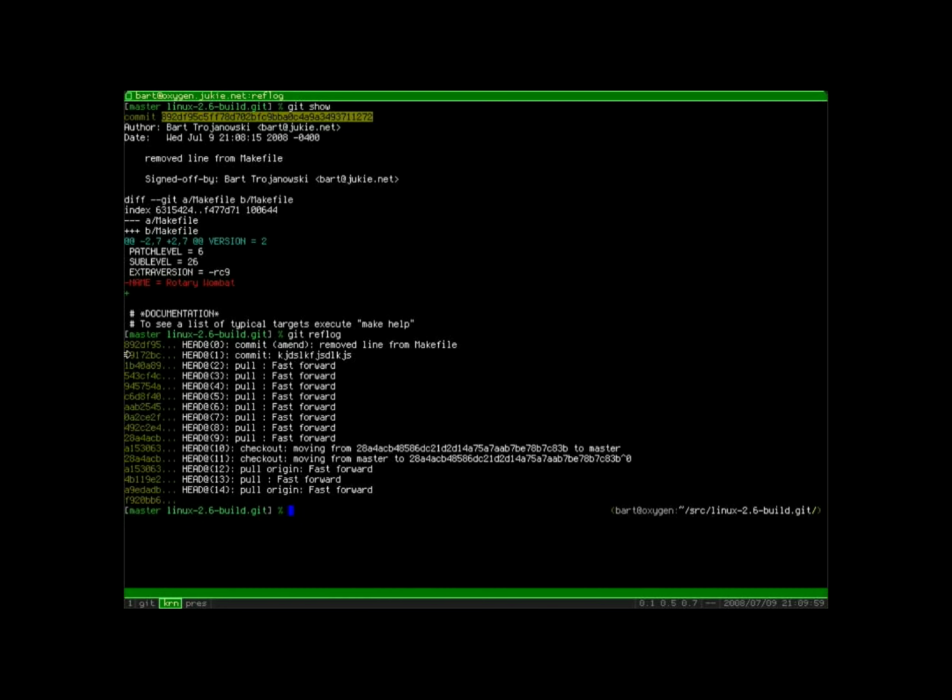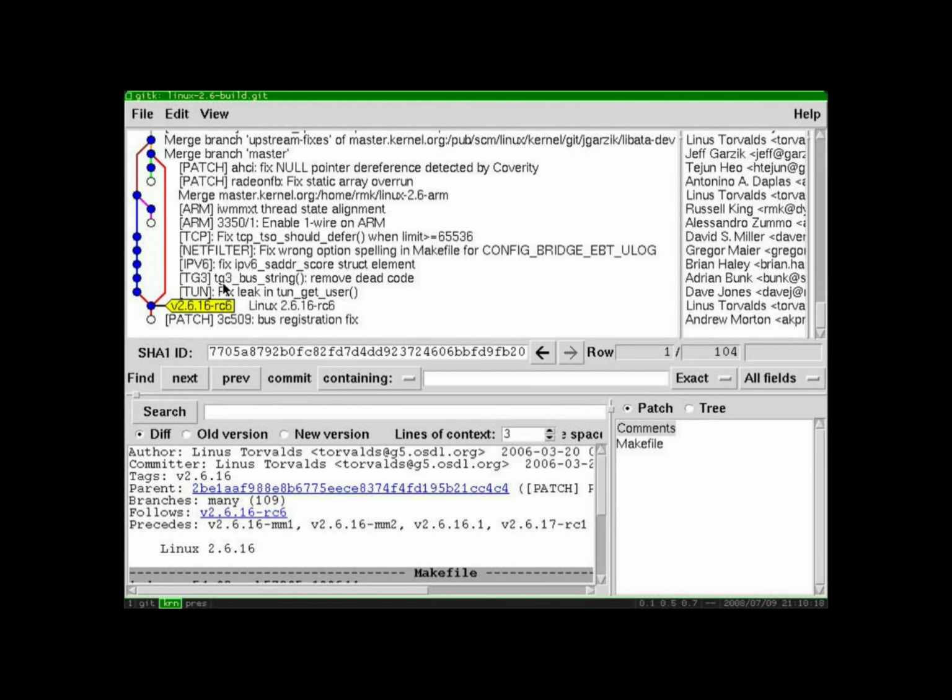So here we have the list of the SHA-1 IDs, and they're short form because otherwise stuff wouldn't fit. So we can see that matches the first, I think, 6, 7 characters of the full SHA-1. But we can see our bad commit, right? So we can actually look at this, even though it's no longer in history. If we look at Git K,